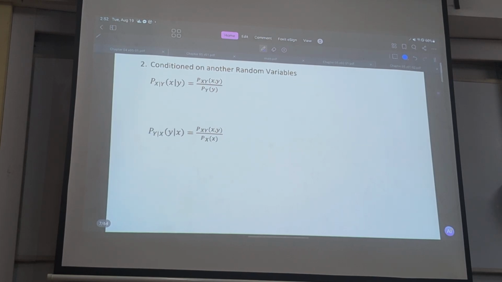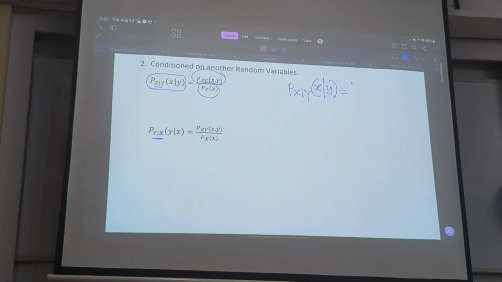Now, if we condition on another event, as I already have written on the very first page, the conditional PMF of X given Y is the joint PMF of XY divided by the marginal PMF of the other element, Y. On the other hand, the conditional PMF of Y given X. Why is this written in this way? It actually is the PMF of x given y,